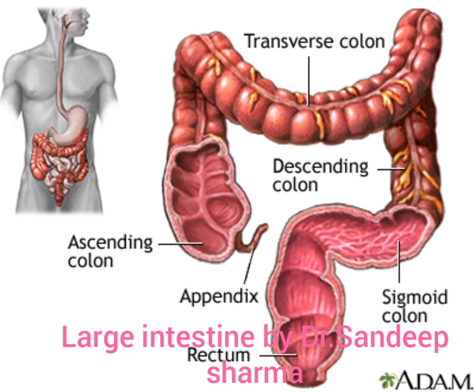Now after completion of the small intestine, we will go to the large intestine. The large intestine is a continuation of the small intestine, starting from the cecum and continuing as the ascending colon. In the diagram you can see the transverse colon, descending colon, sigmoid colon, rectum and anal canal. The appendix you can also see here. This is the vermiform appendix. It is commonly found in all human beings.